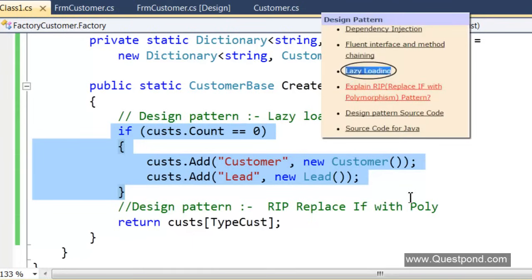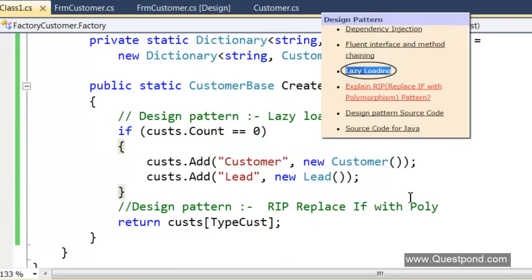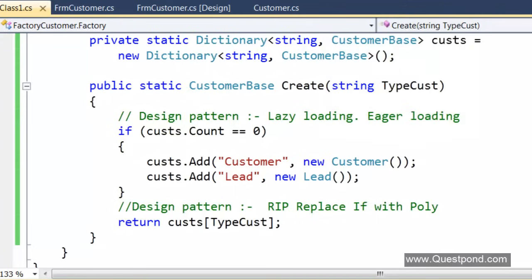So I would give you this as homework. We have a video in Questpond which talks about the lazy keyword. So use that lazy keyword and replace this if condition of the lazy loading pattern here. So remember, one is you should know the pattern, and the other is in case there is some ready-made framework or component, try to use that component, because components are time tested. You don't need to reinvent the wheel from scratch. So take this as homework. Go ahead and replace this if condition of the lazy design pattern by using the lazy keyword of C#.